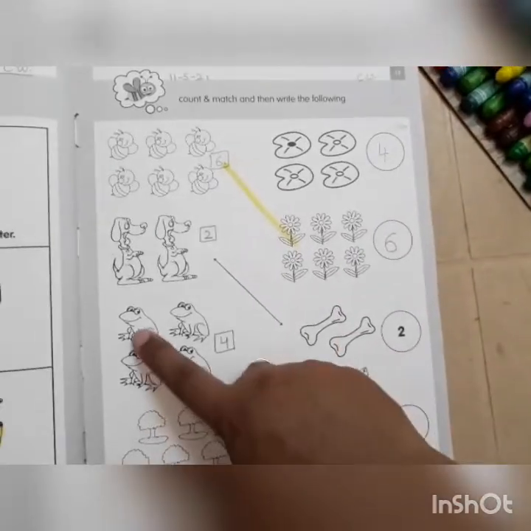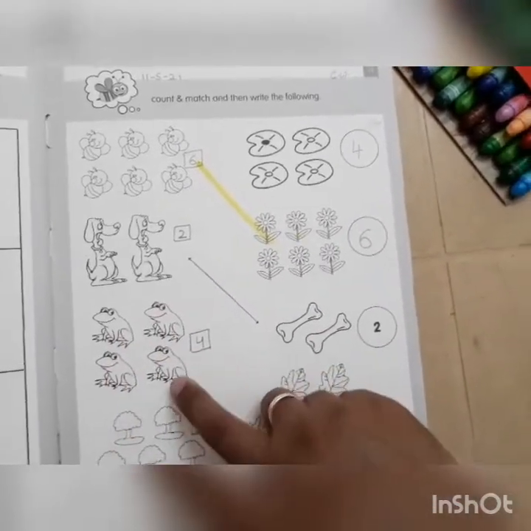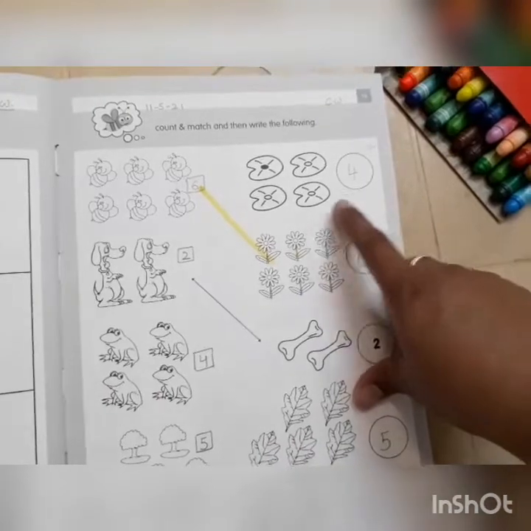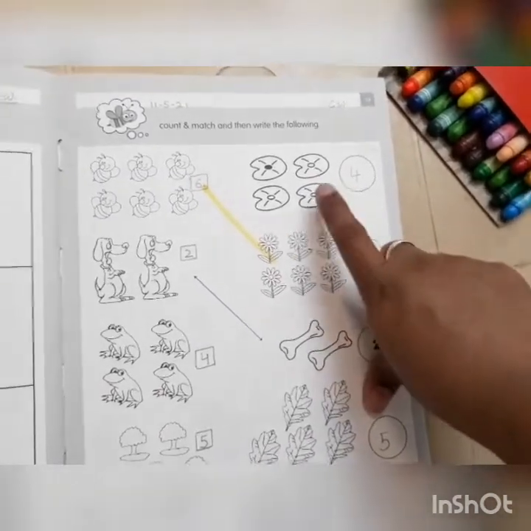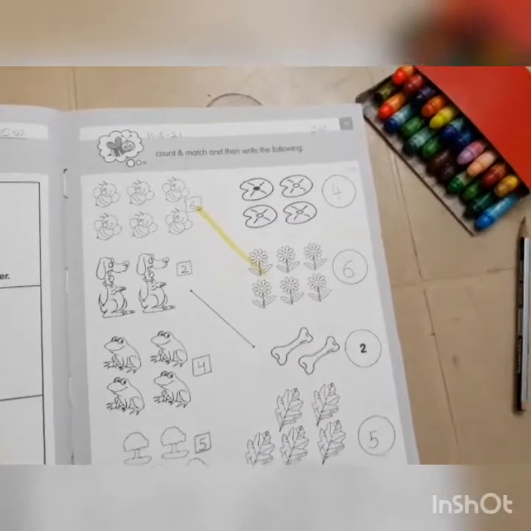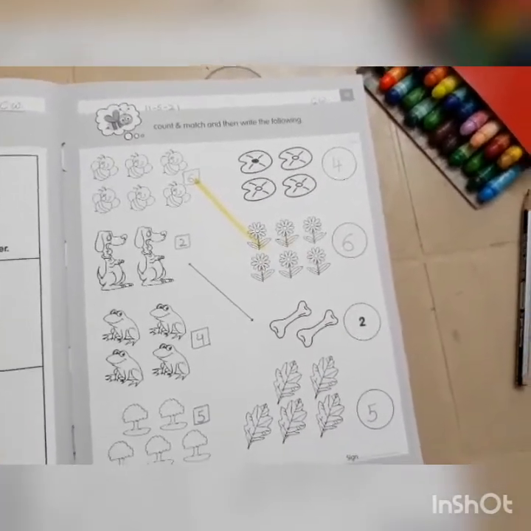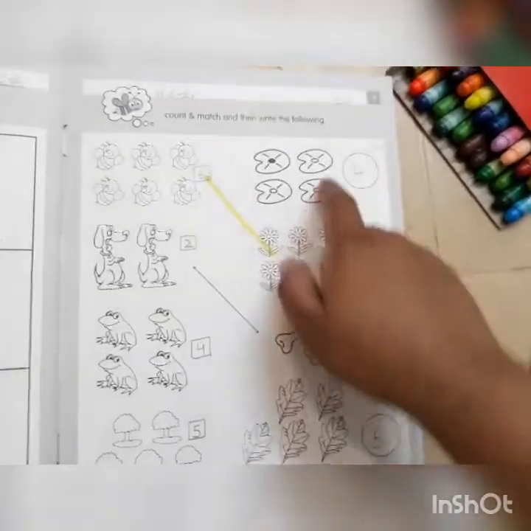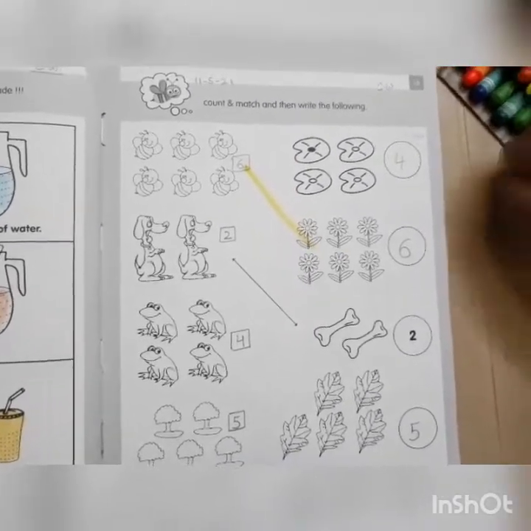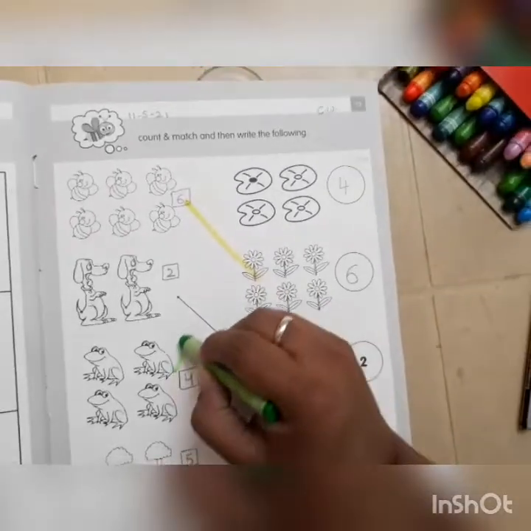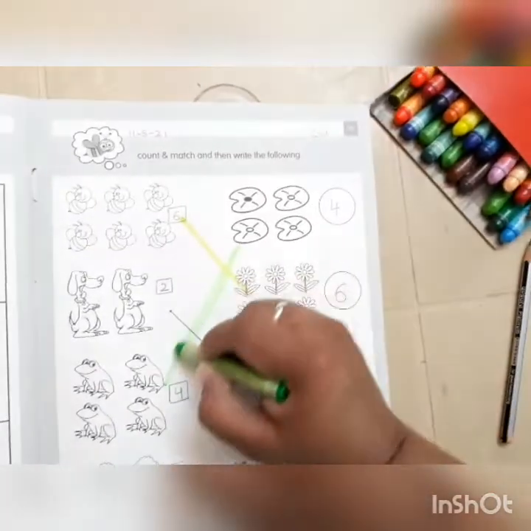Now we have 1, 2, 3, 4, 4 frogs. So these are not stones actually. These are big leaves, the ones that float on water, and the frogs sit on them. Clear? So again 4 frogs and 4 big leaves for them to sit. Now we are going to take a different color and match these frogs with leaves like this.